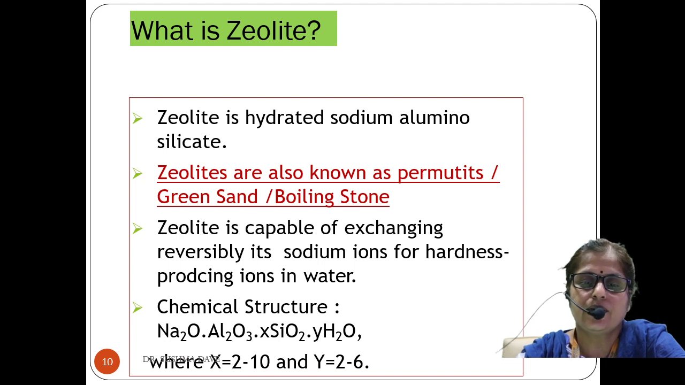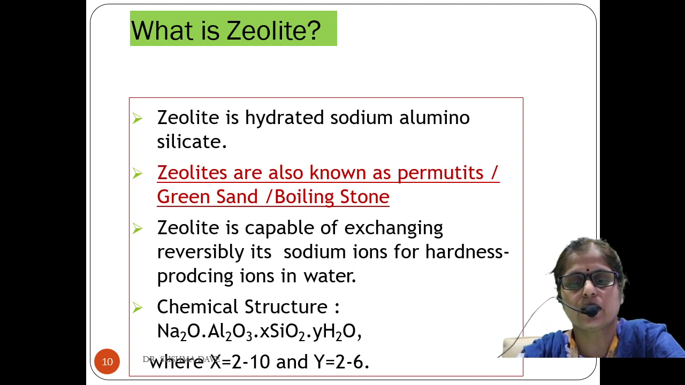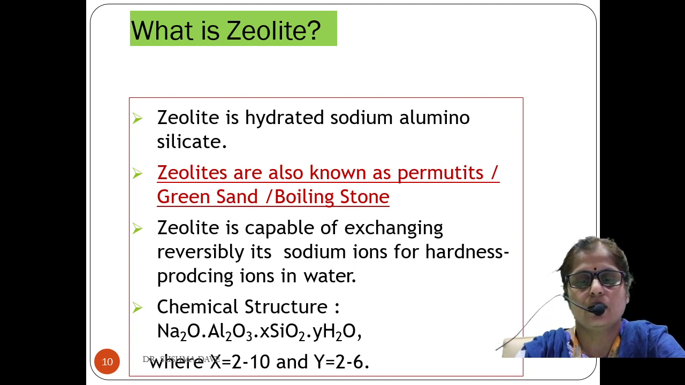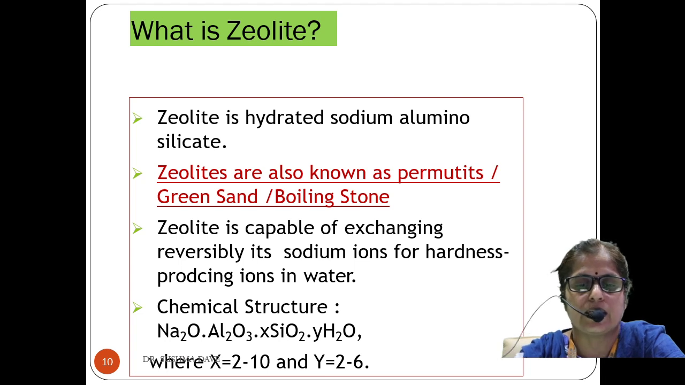Zeolite is a hydrated sodium aluminosilicate. It is also known as permutit, green sand and boiling stone. This particular sentence is underlined because you need to remember the other names or synonyms of zeolite. It is capable of exchanging reversibly its sodium ions for hardness producing ions. We have already learned about the hardness producing ions, and our motto is to remove the calcium and magnesium ions,